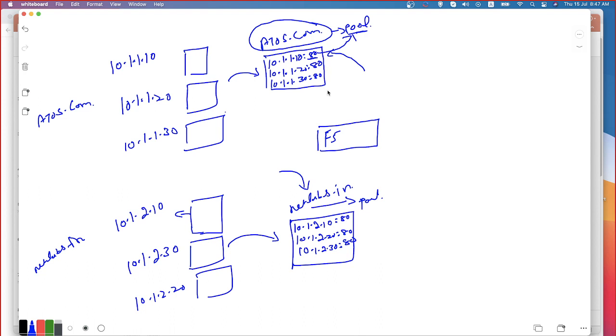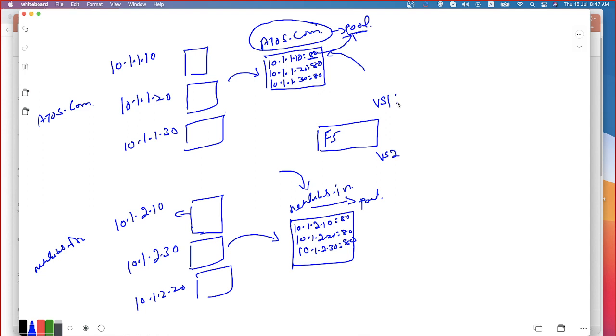Now F5 takes the responsibility of collecting the traffic from the front end client, meaning the end clients, and then it is going to be forwarded to the respective pool. How can F5 differentiate that? That's the point, right? Now that is where the listeners come into the picture. We are calling it a virtual server. Now I can create more than one virtual server, virtual server 1 and virtual server 2.